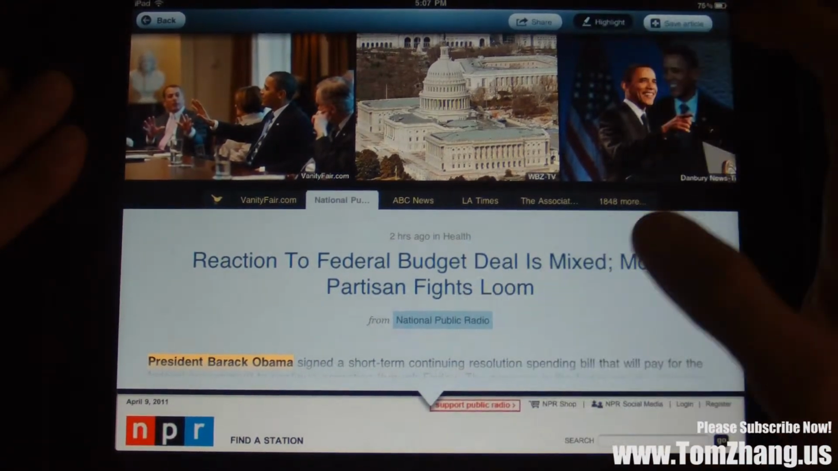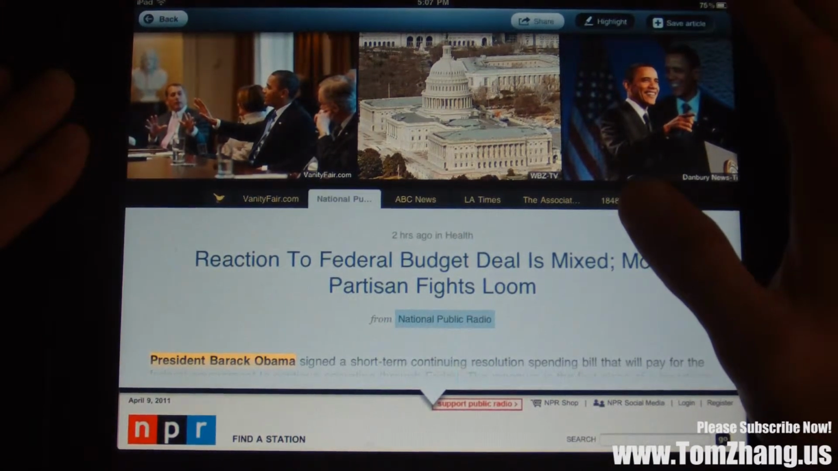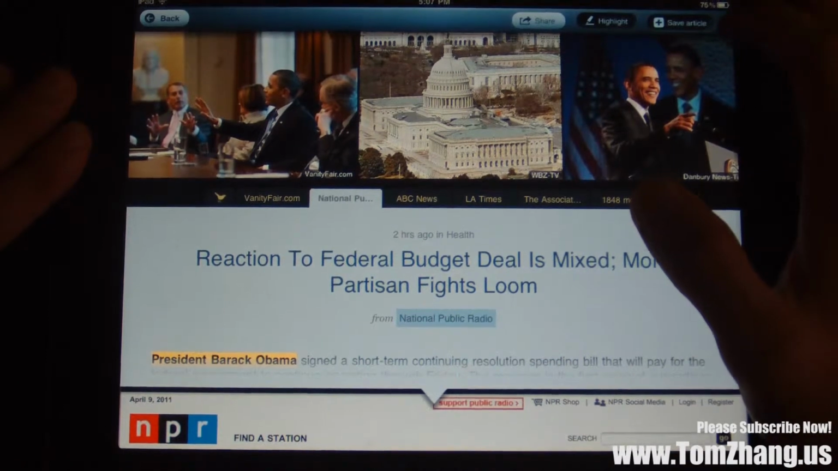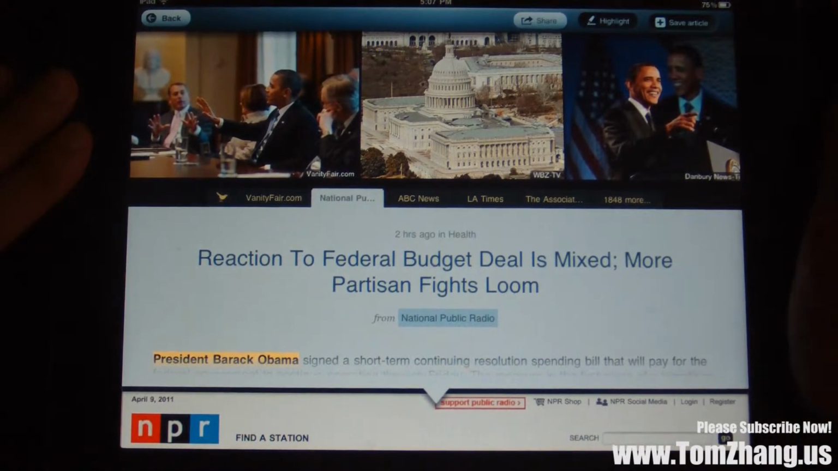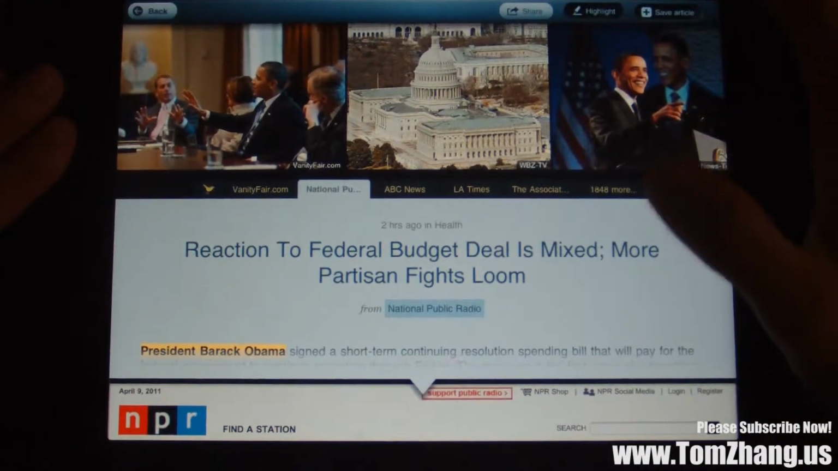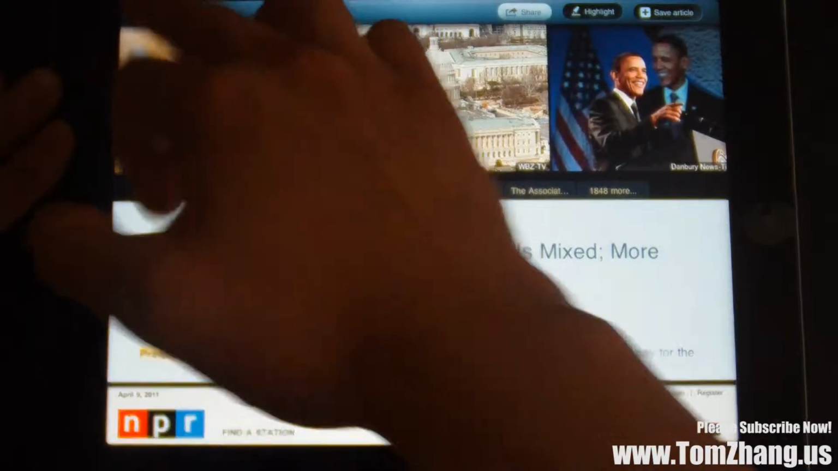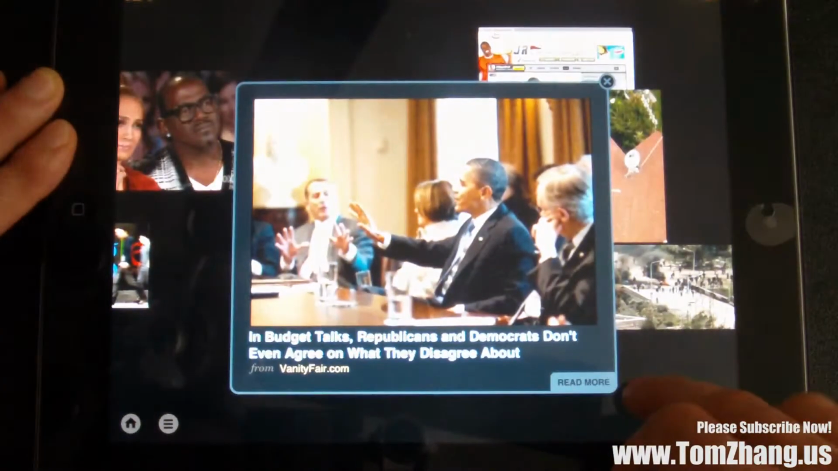And also you can save this article for later reading, and that's useful if you are going to be offline or out of Wi-Fi zone or out of your 3G zone. You can save this article for later use and later reading. So now let's go back,